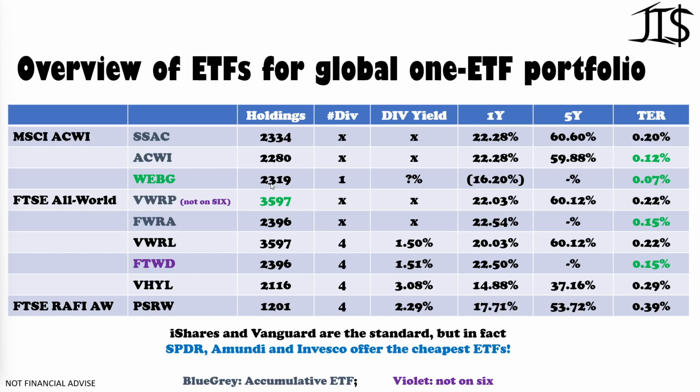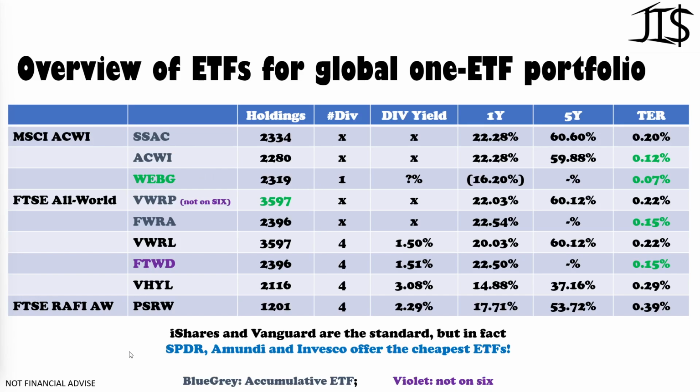It also has 2,319 companies in it, so that's really nice, but it's still a young ETF, so it hasn't been around for a year, only 10 months so far, almost 11 months, so I'm still talking about it with a little bit of caution,